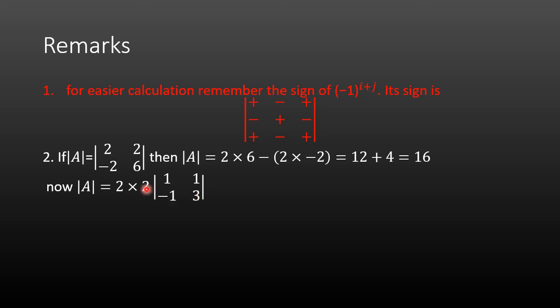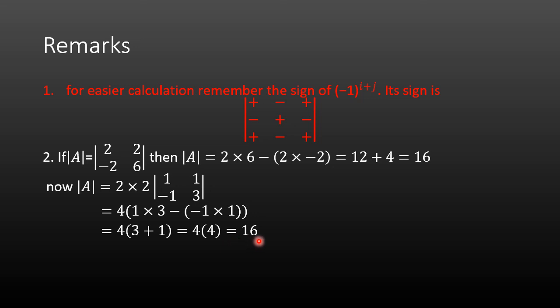Remember, student, when we have a matrix and you are multiplying the matrix by an element, that means you have to multiply that scalar with each element. But when you multiply a determinant, that means you are multiplying that element with any one row or one column. It is not that because we multiplied by 2, you multiply all. This means that 2 is multiplied with the first row and 2 is multiplied with the second row. So from here we took 2 common from both. Then when you are solving it, you are getting the same answer, 16.